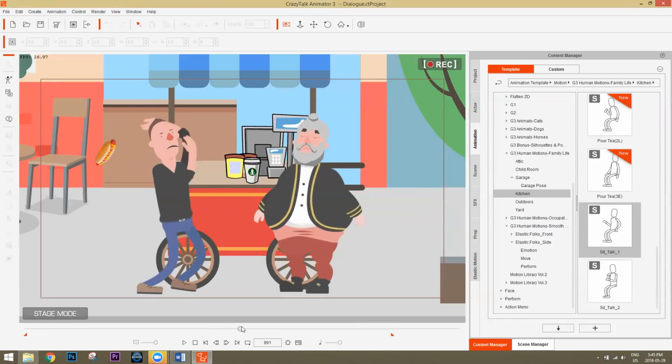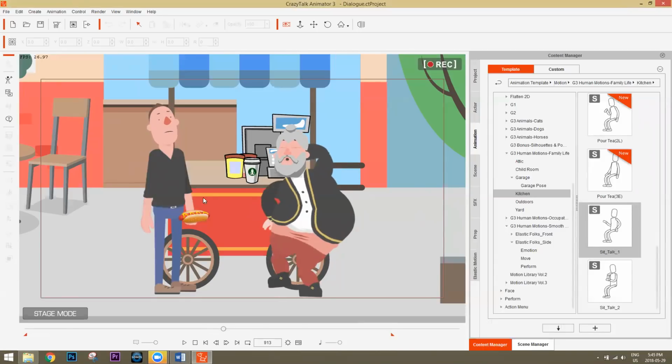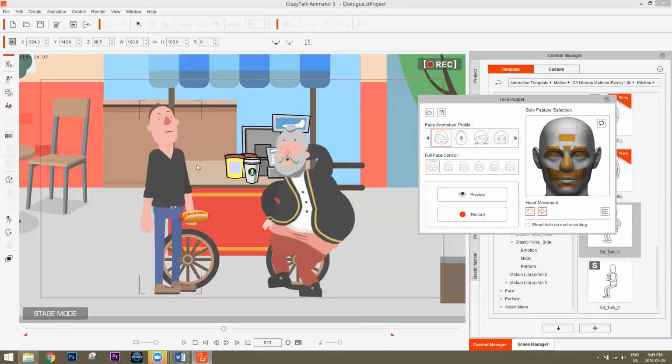Obviously that's not an animation that I applied, but what I did is I basically added an idle kind of animation for him using the facial puppet tool. This is a very useful tool over here, the facial puppet tool. I find it more useful when you want to do a really, really fast animation.